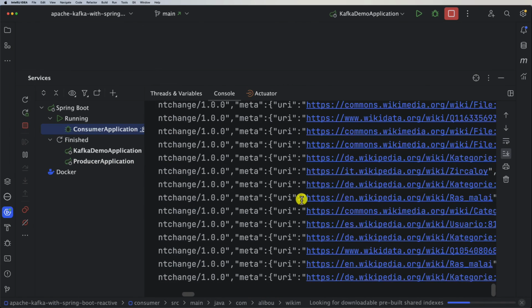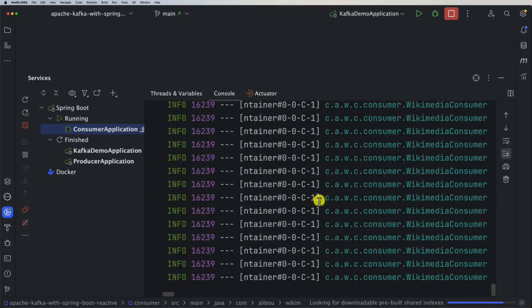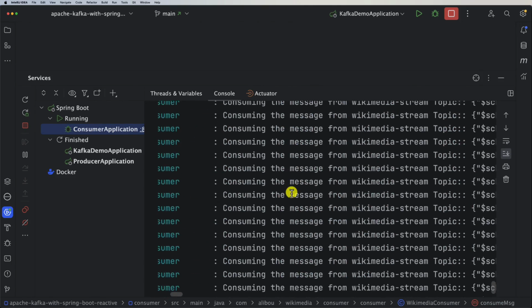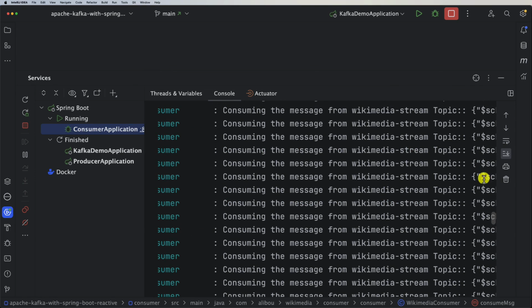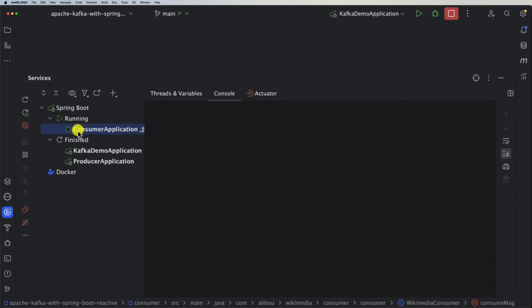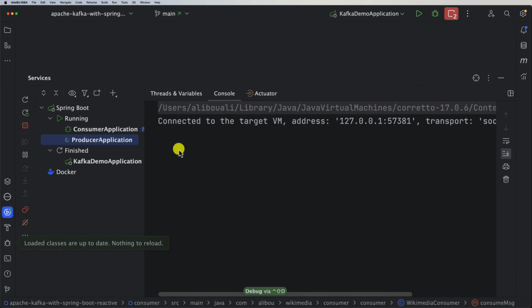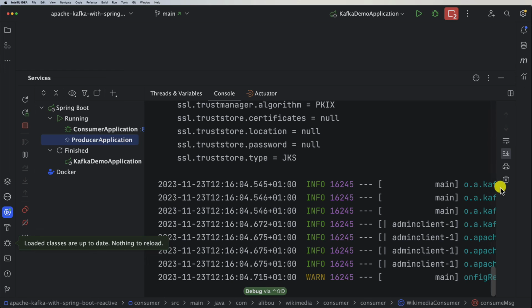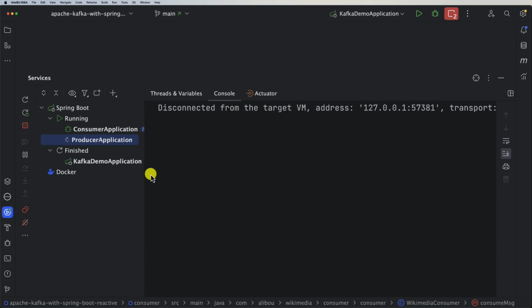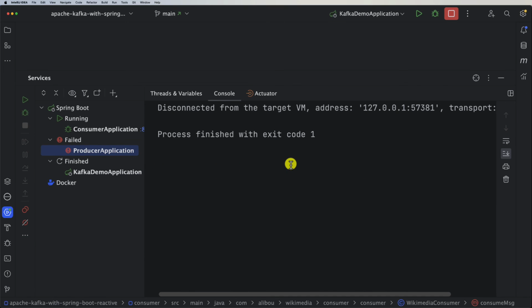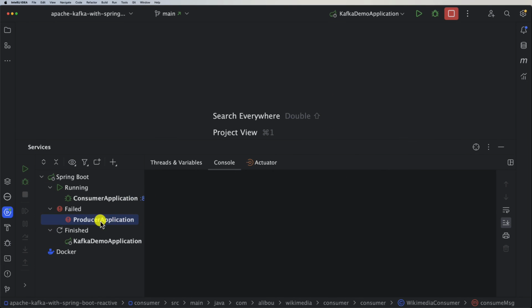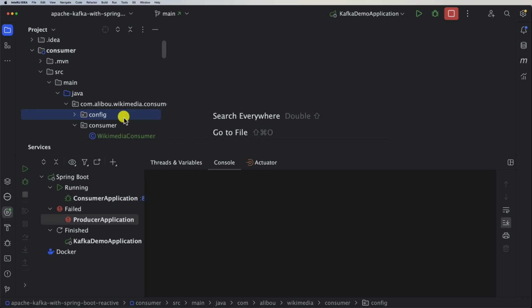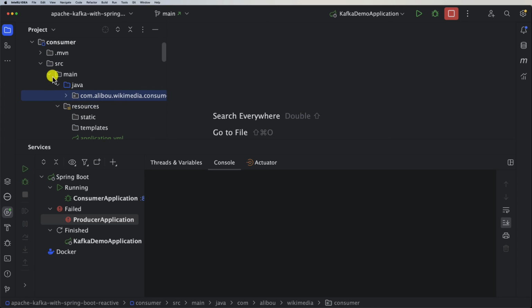Now let's see, we are consuming some data already. This is because we already have some queued messages. Now, if I start my producer application, let's start the producer and then invoke the endpoint. Okay, we are not able to start the producer because both applications are running on the same port.